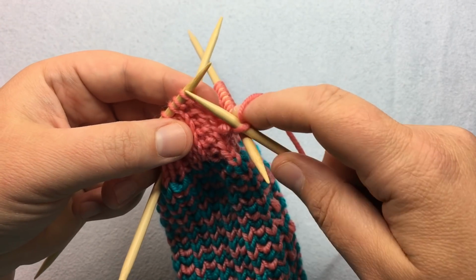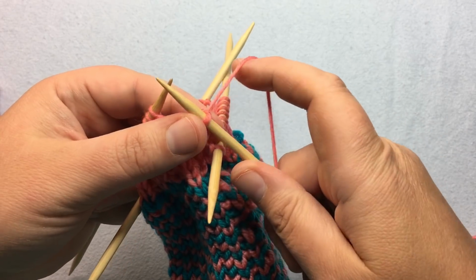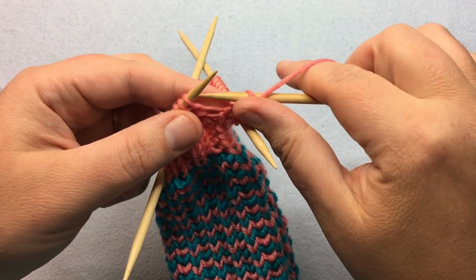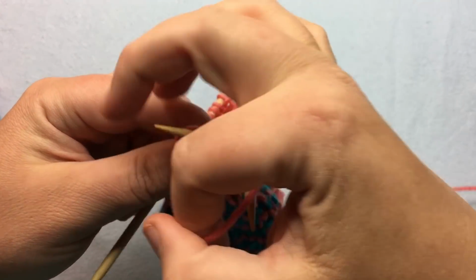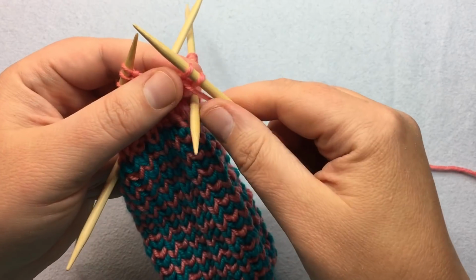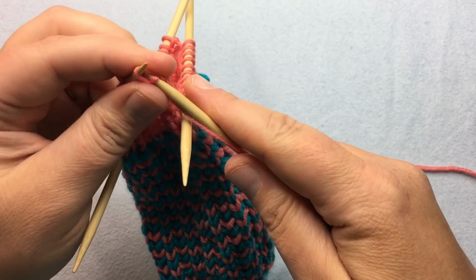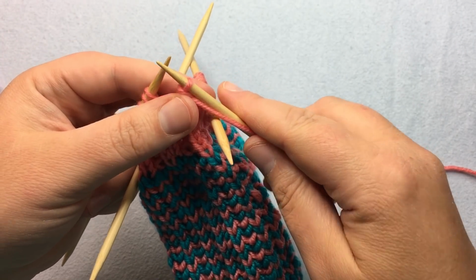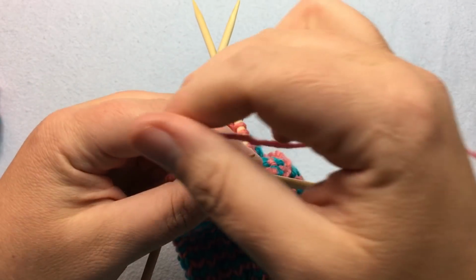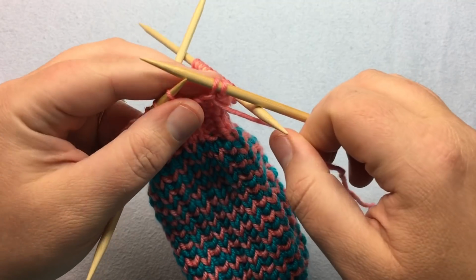and up and over. And then we want to purl the next 2 stitches, or whatever you have on your needles at any time you're binding off in pattern. So we're just going to purl the stitch here, and now we're ready to lift the back loop up and over like this, and that binds off another stitch. Then the next one is going to be purl, so we're just going to purl that and lift up and